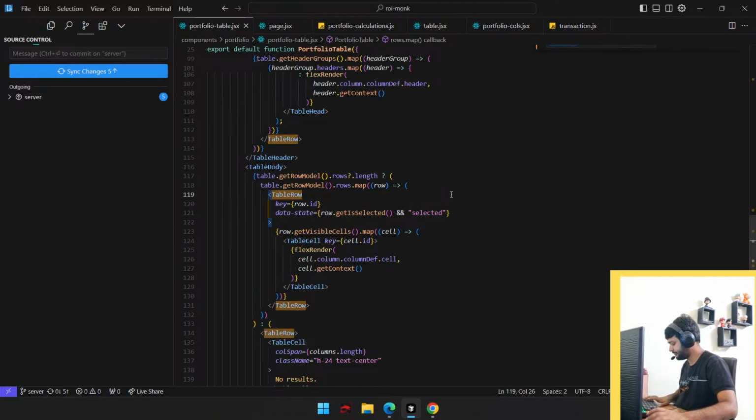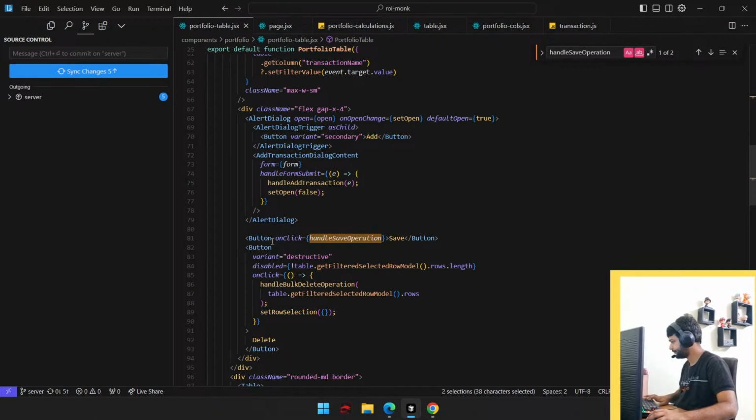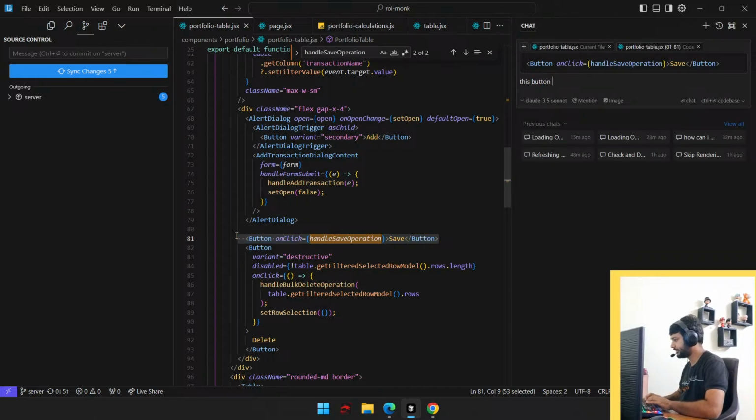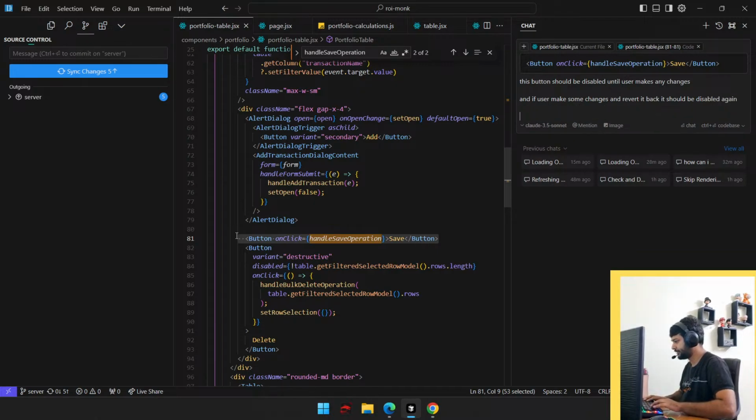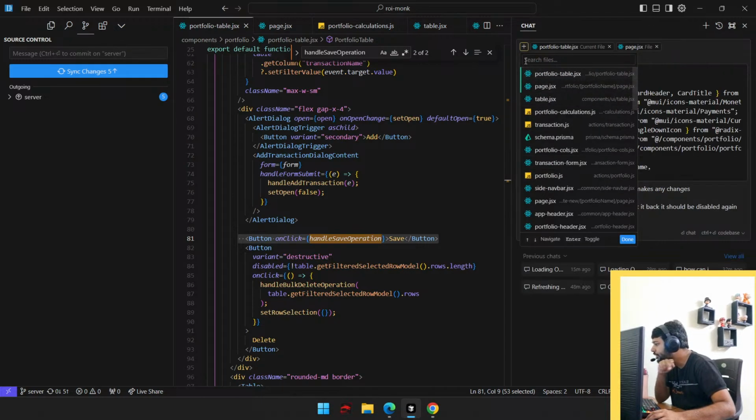तो हम पहले जल्दी से, this button should be disabled until user makes any changes, and if user makes some changes and revert it back, it should be disabled again. How? Portfolio table page.jsx,